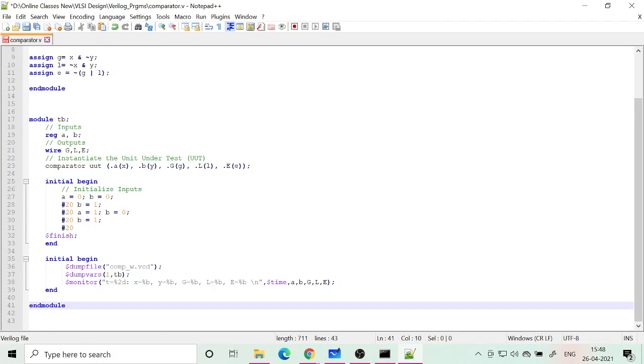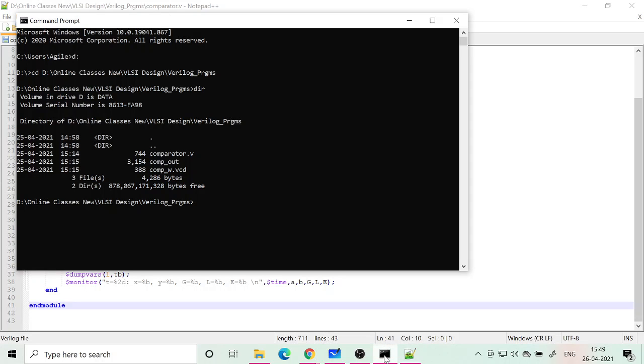So we save this, since we have made some change. Now I have a doubt whether this AX order is correct or not, so I'm going to just make a try and see whether this is the right order. If not, we will have to reverse it. I have to put X outside and A inside. That is something that I'm not very sure about. So we go to the command prompt, and the command is basically Verilog. Since I have added the environmental variable, I can run it from this folder without problem,